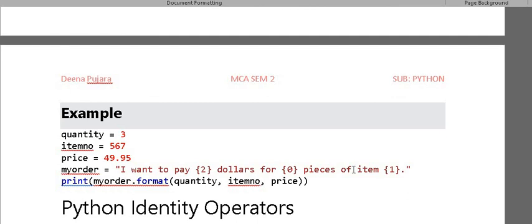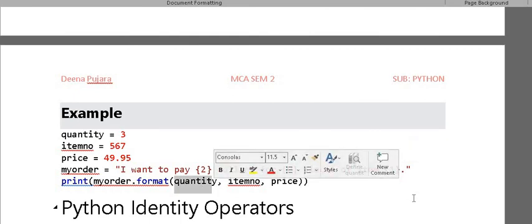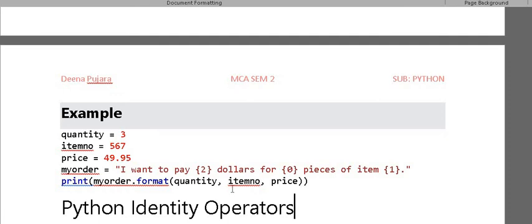If we want to change the order, then inside the brackets we can give the argument numbers: 2 means price, 0 means quantity, and 1 means item number. So we can change the order by giving the argument numbers. It basically starts from 0, 1 and 2, and if we do not give the order, it starts with 0.